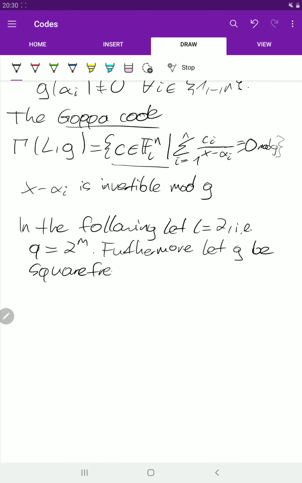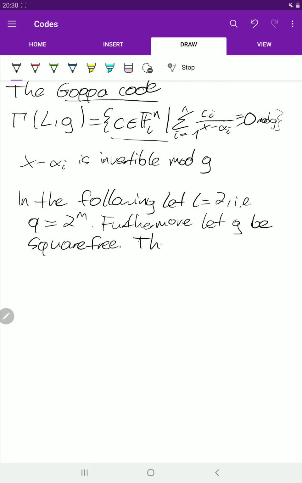We'll see why we want to have this now. So then we have a theorem, namely that,